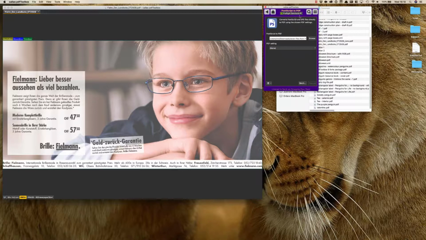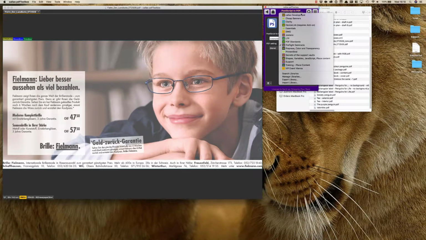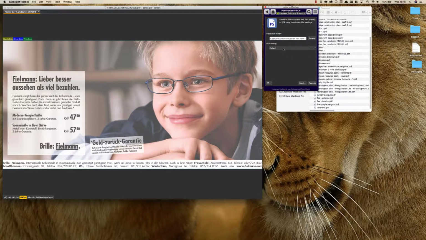And in my library here, I don't have one, this demo library, but I could go to one of the libraries that you also have when you install pdfToolbox. And then you will see that I have a number of settings in there already. And if you would go to this action button and say Manage PDF Settings,